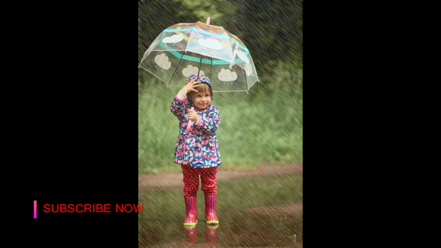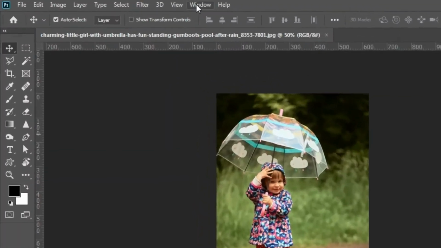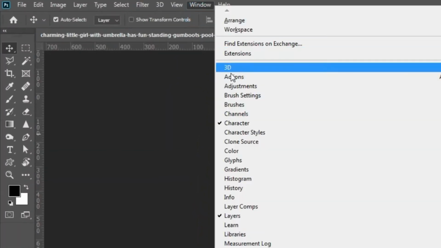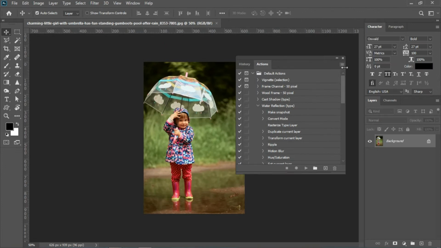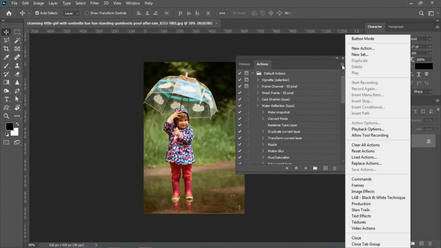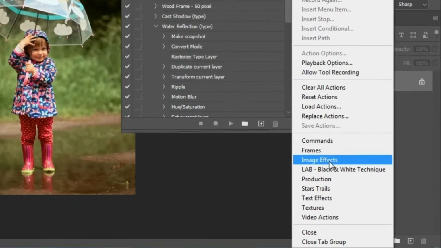Today I will show you how to create a rain effect in one click. Let's see. First of all, go to the window, then go to the action. Click on the dot line in the side corner. From there, click on image effect, then